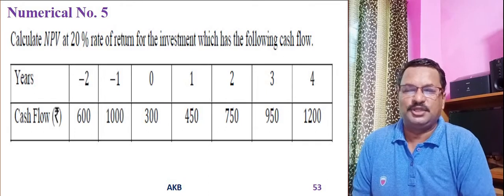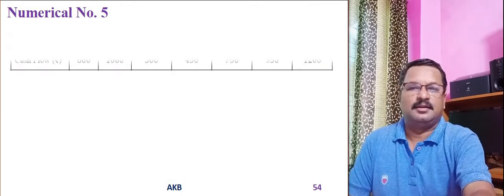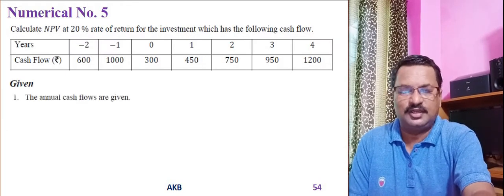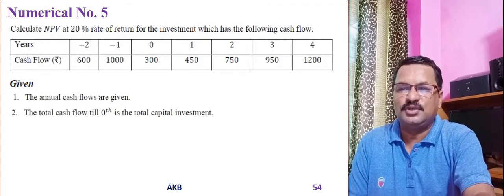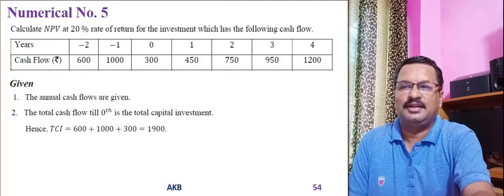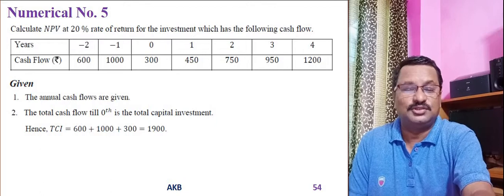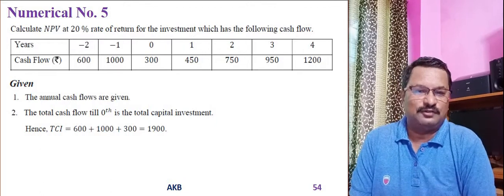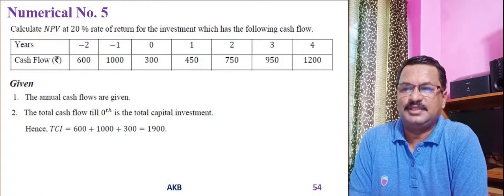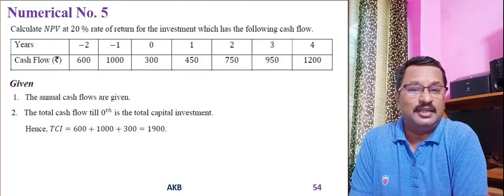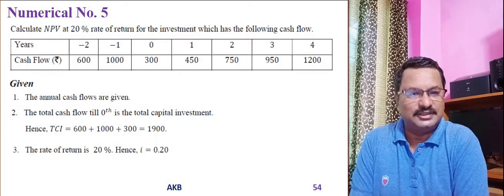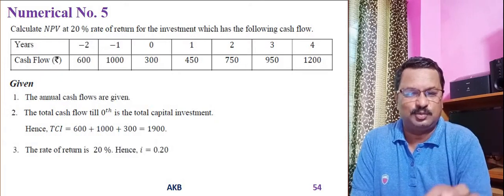So based on this information, we are supposed to find out the net present value. First of all, let us write down the given things. The annual cash flows are given. The total cash flow till the 0th year is the total capital investment. So the total capital investment, as I told you, will be 600 plus 1000, and you also have to consider the 0th year, which I forgot to discuss. So the total capital investment will be 600 plus 1000 plus 300, that will be 1900. Then the rate of interest is given to us, it is 20%, which means that i is 0.2,